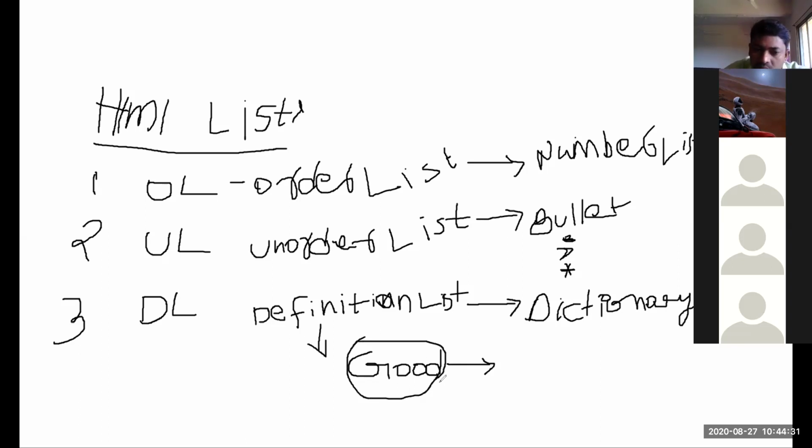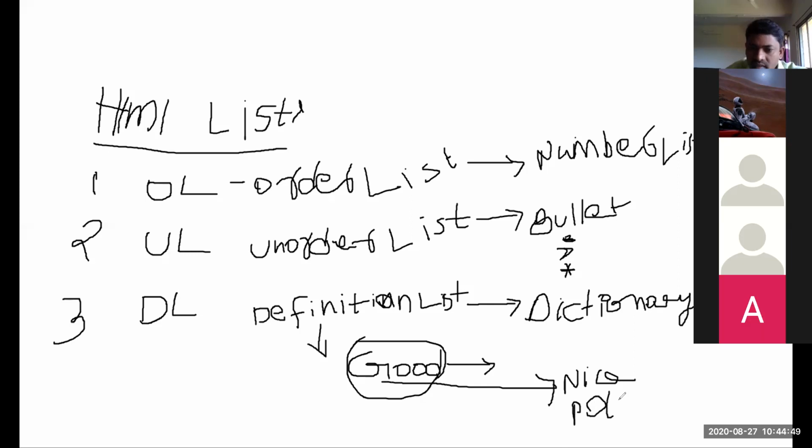So this word good, its meaning describes its adjective. Good means nice, polite, kind.